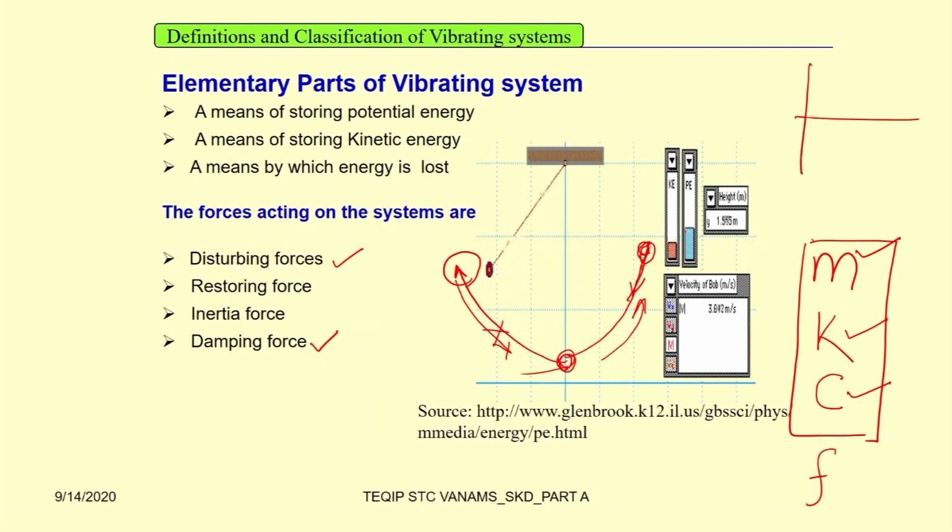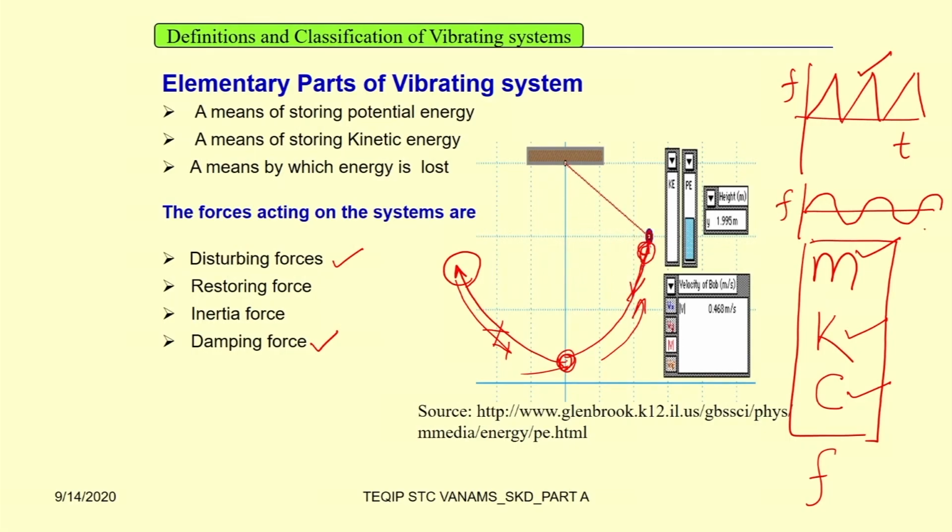So, the force may be periodic. For example, this is periodic, and this is the force versus time. If you plot this force versus time, it may be periodic. This periodic response can also be represented by using the sine and cosine terms. At that time, it is known as harmonic. If the periodic response is represented by using the sine and cosine function, then it is known as harmonic